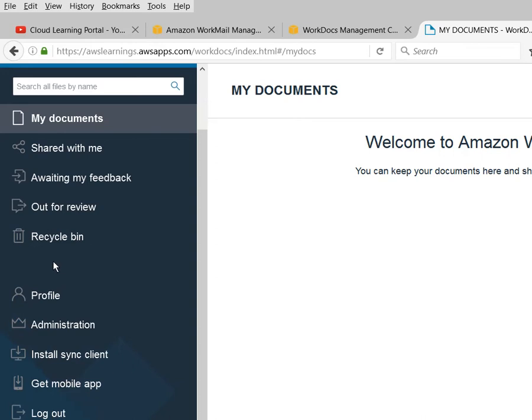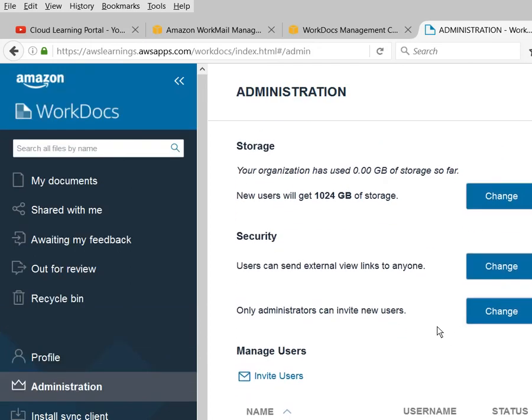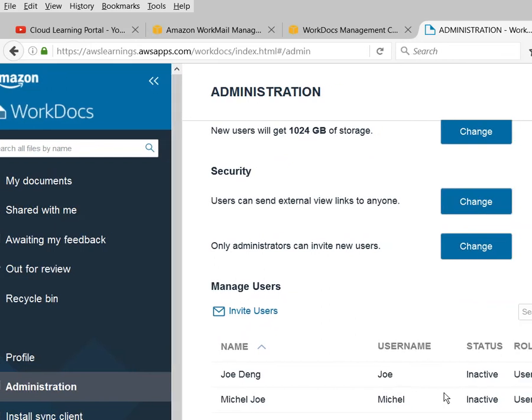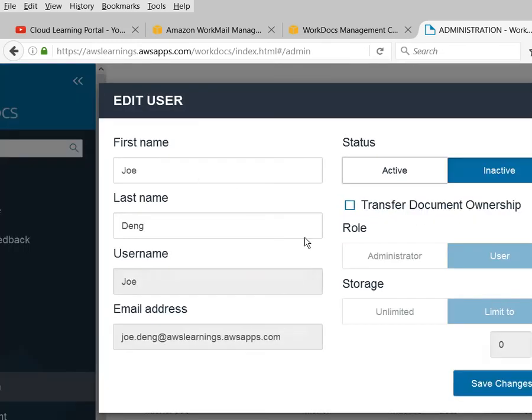If I click on administration, here you can see that the accounts which I created right now are inactive for the Workdocs site, and as an administrator I can change the status and make them enabled